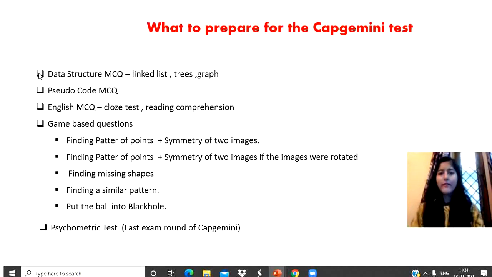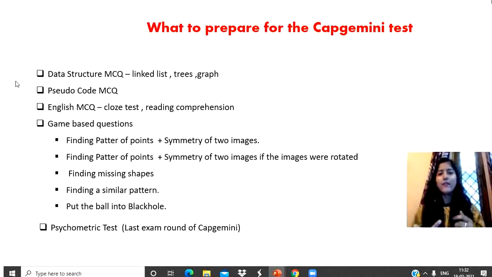So this is the thing. The English round is almost a kind of easy one. If you are clear with your grammatical concepts, like indirect to direct speech conversion, active, passive, basic things like that, they are asking. So you don't need to worry, because they want to check whether you have a basic understanding of English or not. So I'm hoping that you will be able to clear this round.